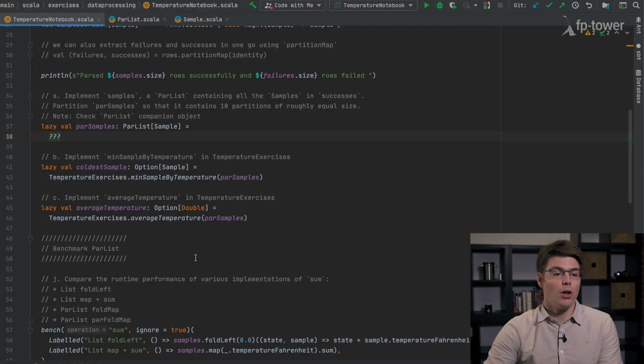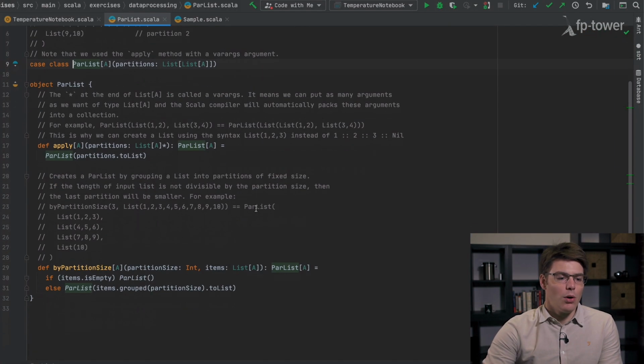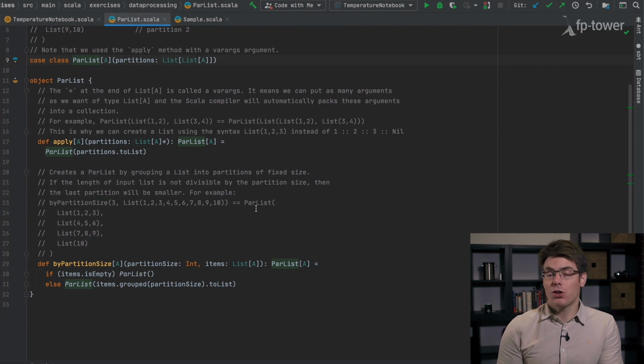If we check the companion object of ParList, we'll see that there is a method called byPartitionSize, which takes two inputs: an int for the expected size of each partition, and a list of data. This method is in charge of splitting the input list into several partitions of the requested size.